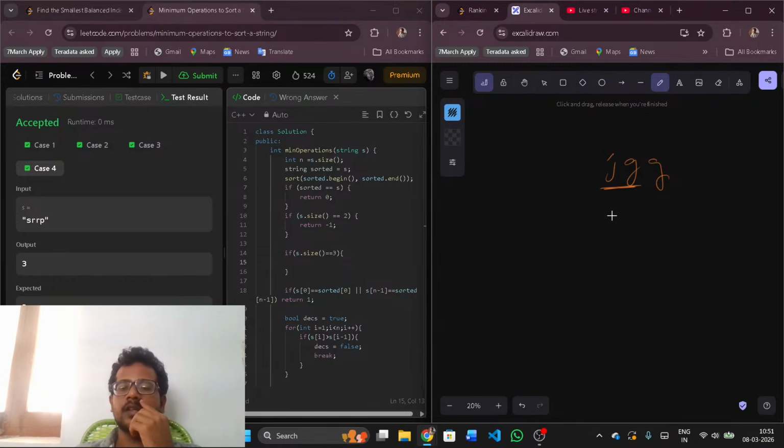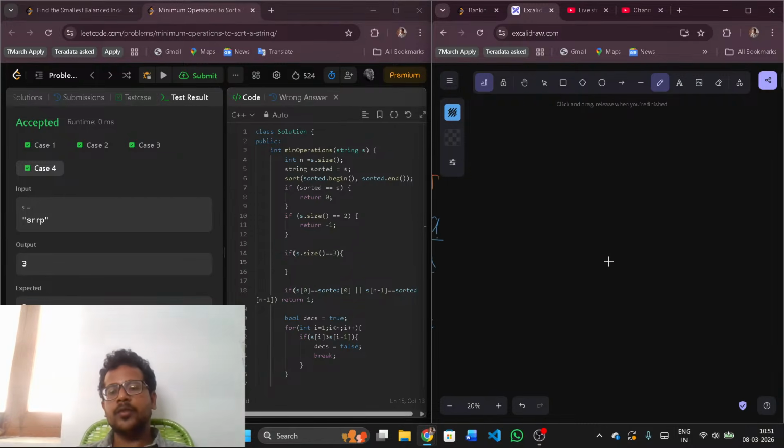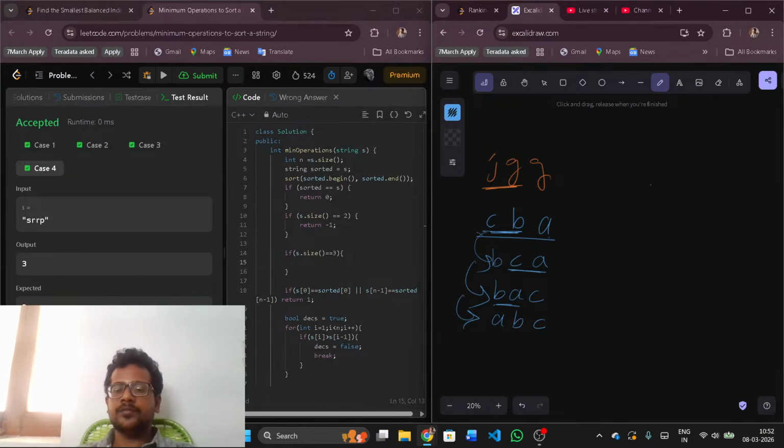No, there are three possible ways. C, B, A. For these three, if they are not sorted, let me tell you how it works. A, B, C. For these two I need B and C, and then A. These two I need B, A, and then C. These two I need A, B, and then C. So 1, 2, and then 3. But if I have only two characters, A, C, B, how many does this need? We don't need A here, just C, B. First thing, if S of 1 is not equal to S of 0, and also S of 2 is not equal to S of 1, then